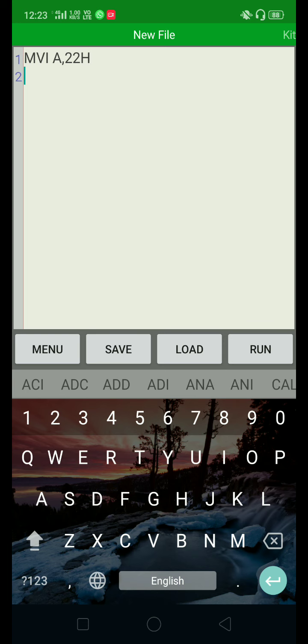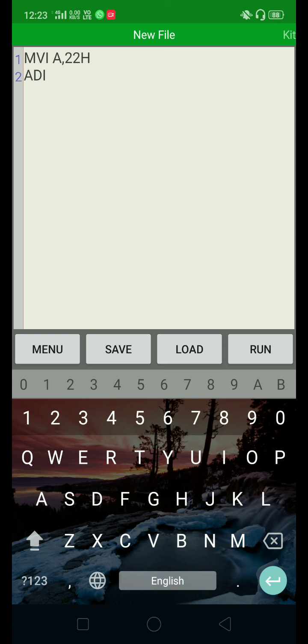Click on enter to move to the next line. The next instruction is ADI. If I click on the ADI instruction, which is available below this menu bar, directly you will get ADI in the text window. Then after clicking ADI, automatically the app will ask for the number.